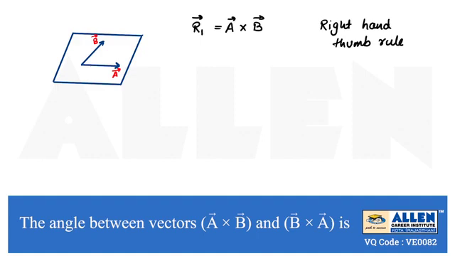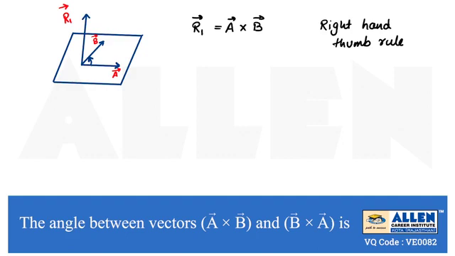Here we will plot that one on cross multiplying a vector with b vector. This direction is representing that we are cross multiplying a vector with b vector, and with the help of the right hand thumb rule we will get the direction of their resultant, that is r1 vector. We are using r1 vector as the result of a vector cross b vector. So this is representing r1 vector, which is outside the plane of a vector and b vector, and it is perpendicular to both, because r1 vector is perpendicular to the plane containing a vector and b vector, that is why it is perpendicular to both the vectors.